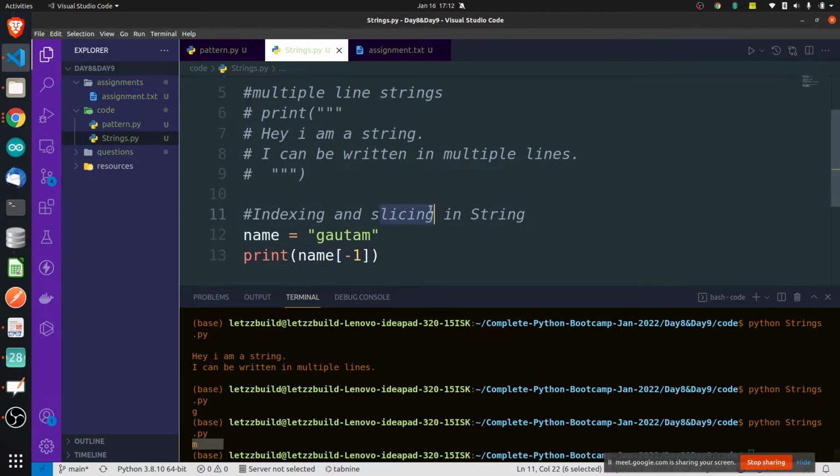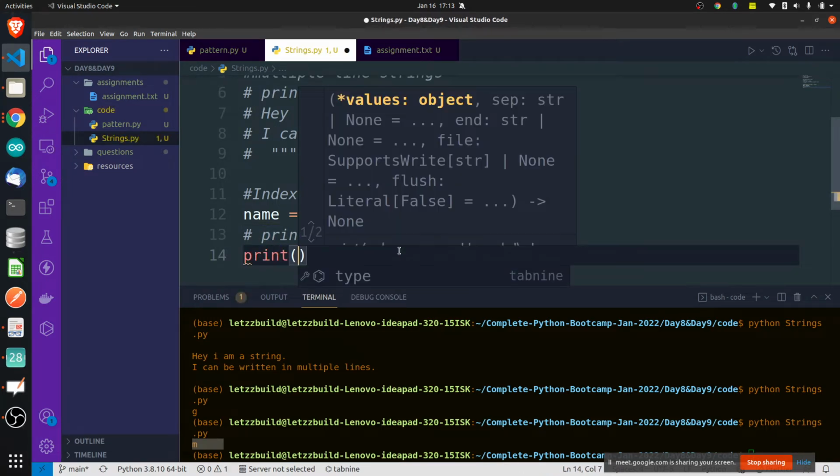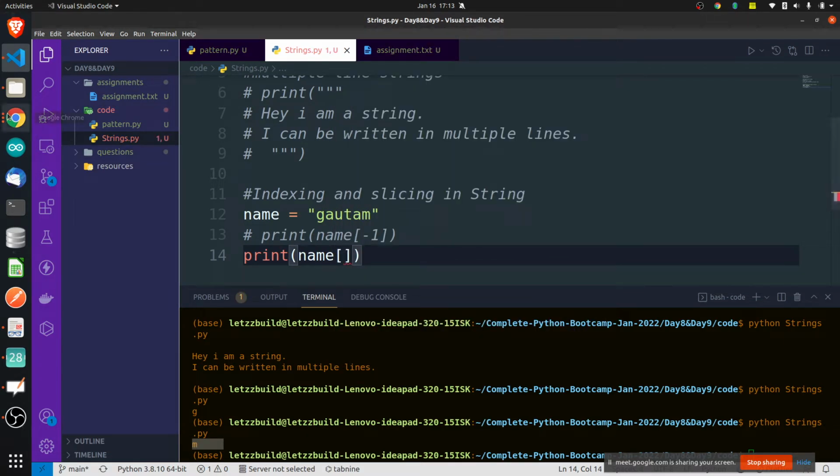Now let's see about slicing. What if I tell you to print all the letters from G till last? How will you slice it? Sorry, from the second letter till last. Come on, fast. Hello? Print from A till M, all the letters.